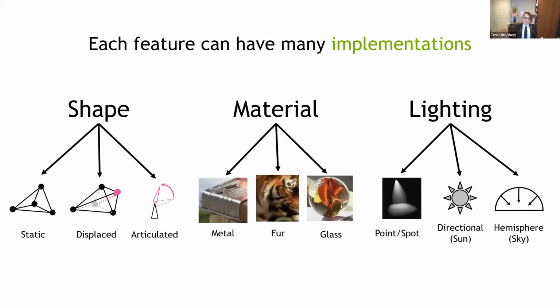And so just a few of them on the slide here to show that for shapes, we might talk about static objects versus different kinds of animation. There's different kinds of materials that those surfaces can have or those objects can have. And we might use different algorithms to implement lighting for a directional source or a very distant source like the sun versus for interior lights like light bulbs. And so once we've taxonomized the world like this and come up with specialized implementations of different kinds of phenomena, now we can start asking the question of,